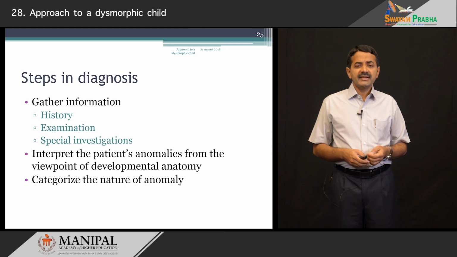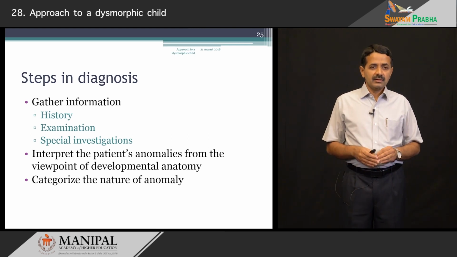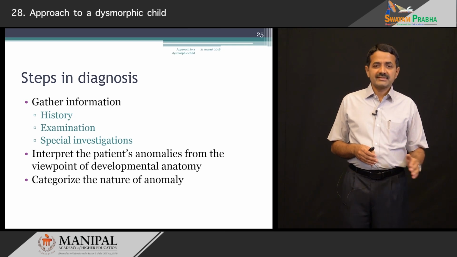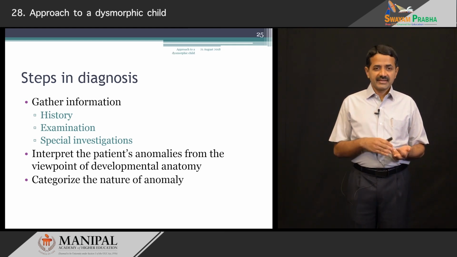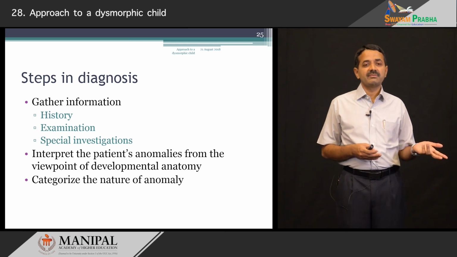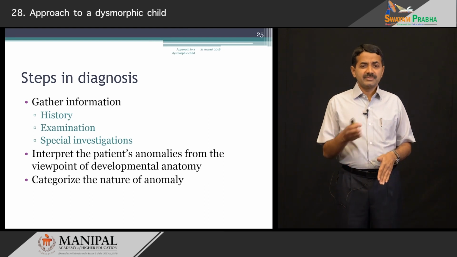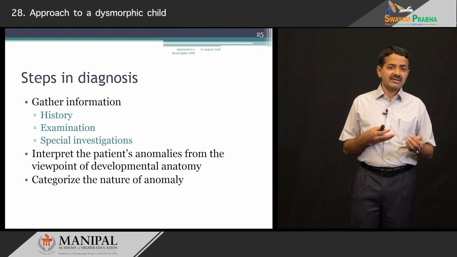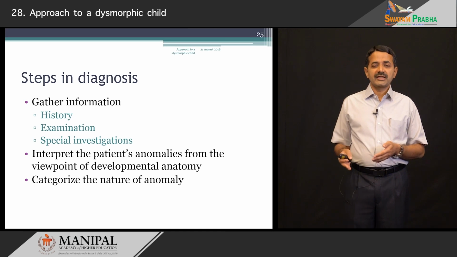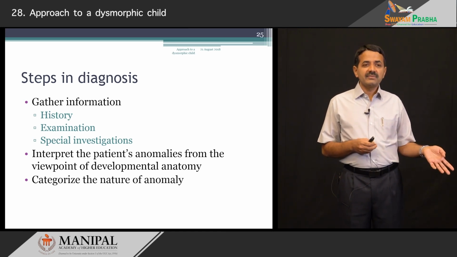How do we make a diagnosis when we see them in the clinic? It is like any other clinical case or condition where we take history, we take family history specifically to see if other members are affected. We do a thorough examination from head to toe. Special investigations may be required. It can be an echocardiogram, it can be a few X-rays, it can be chromosomal testing, or it can be